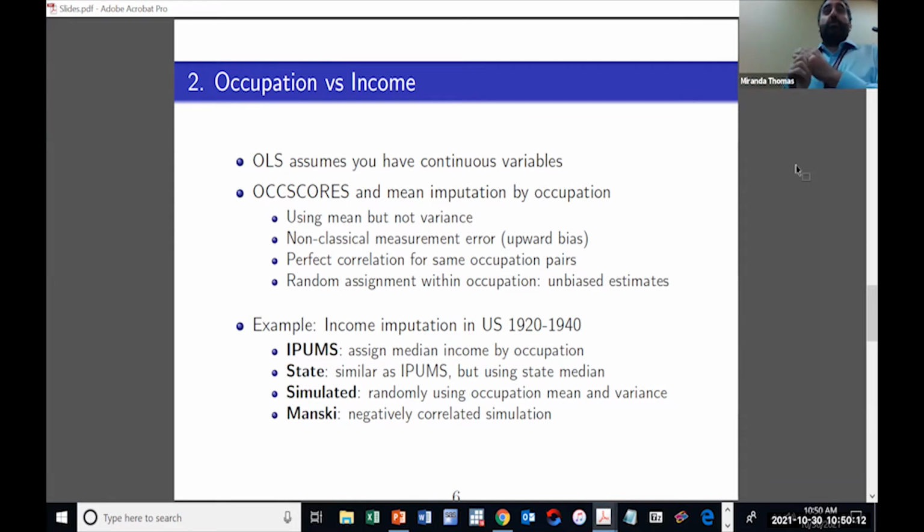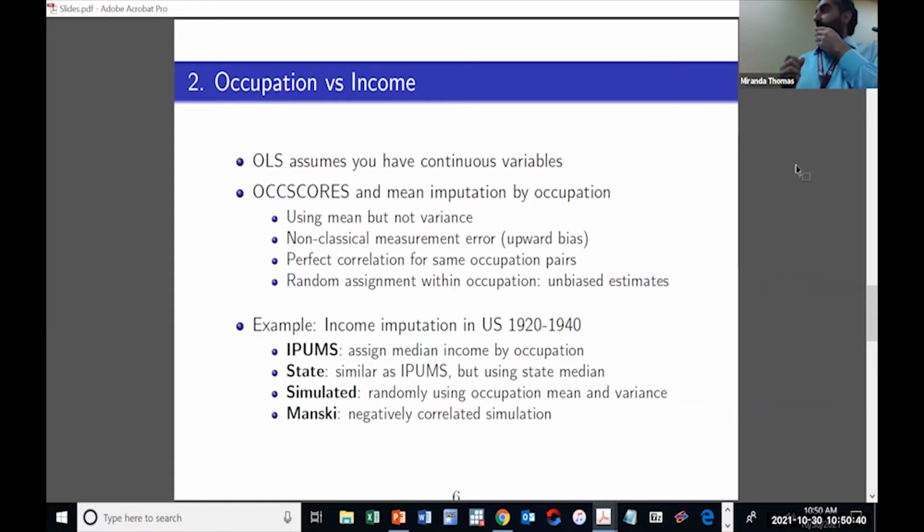That means you are not using all your data, typically, because you are disregarding the variance, just collapsing all the information. This, I'm going to show you in a second, is creating an upward bias in your estimates, because this is creating a non-classical measurement error. And the idea is the error that you are making on the son and the error you're making on the father are not independent. They're actually perfectly correlated. So instead of having attenuation bias, you have an upward bias, and you get a correlation of 1.